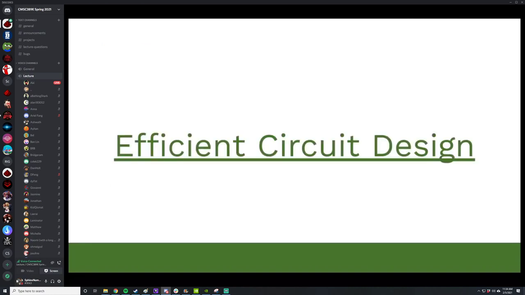All right. Now we're going to talk a little bit about efficient circuit design, right? And this is where we bleed a little bit back into CMSC350, but I promise exercises like this are very important and they can end up saving you a lot of time when you're actually implementing or building in Minecraft. So